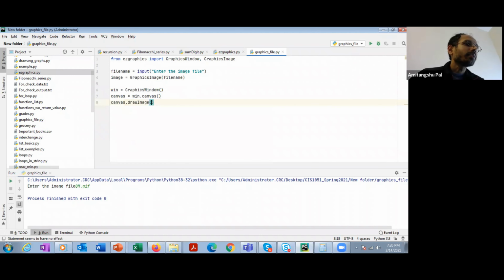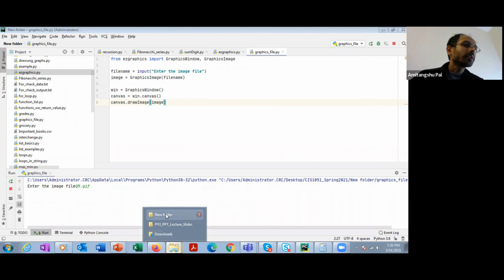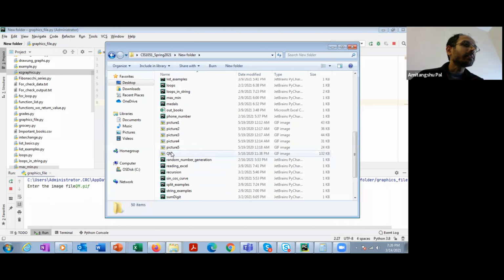So canvas.draw image, and here I'm going to pass the image. Okay, so let's run it. It is going to ask me the image file. So let's input qm.gif. qm.gif is one of my image files.